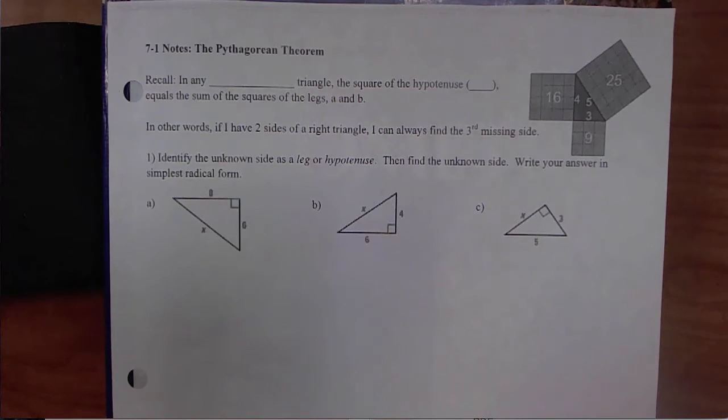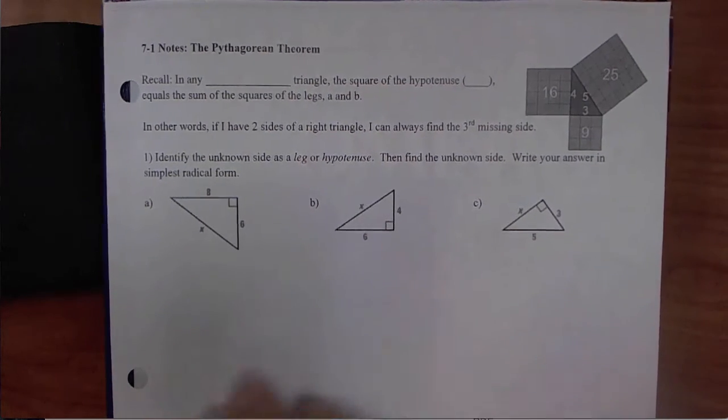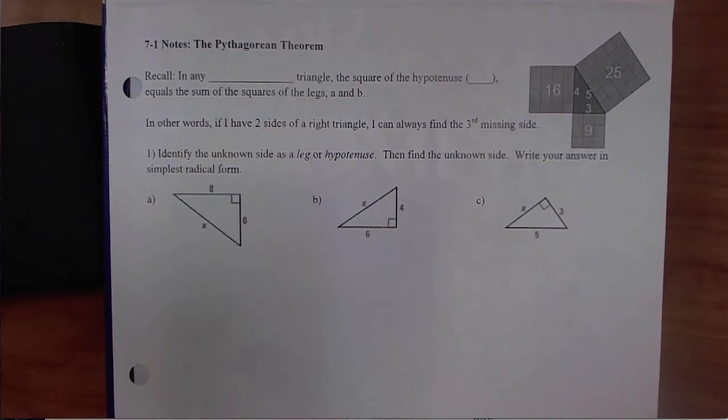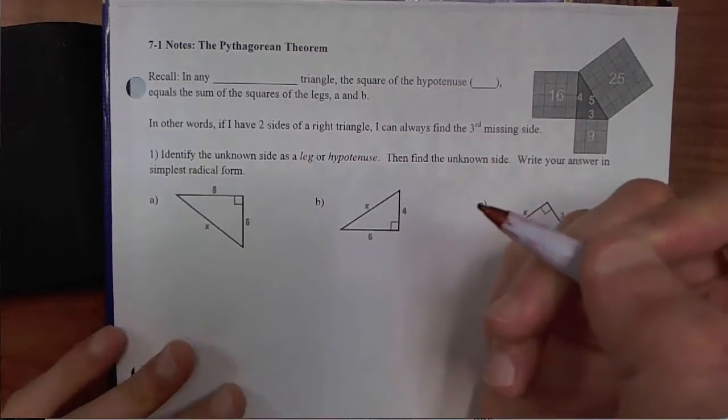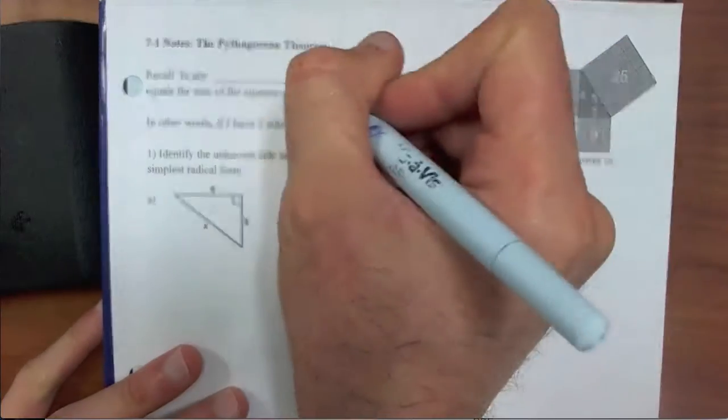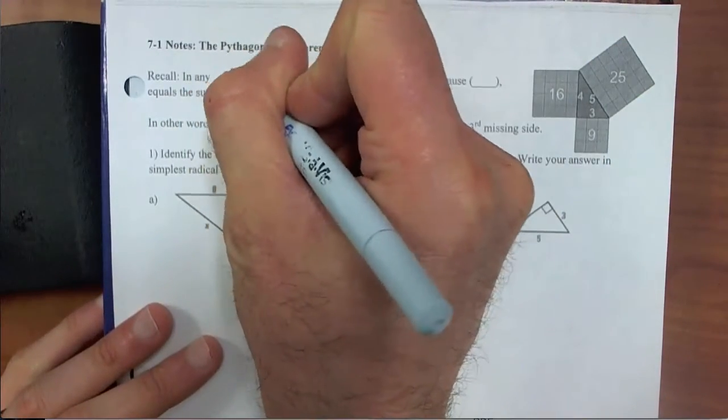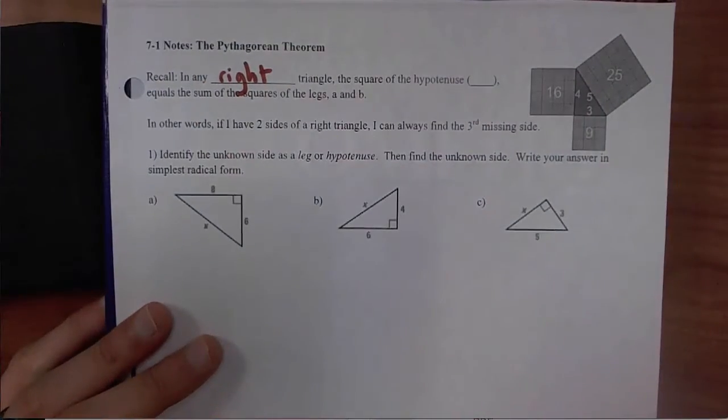So Chapter 7 is all about triangles and how to find missing parts, and this is one of the methods that we've seen hopefully before, but maybe we've forgotten how it works. So we're just going to run through the very basics right now since I'm not here, just to refresh your memory. Okay, so Pythagorean theorem is basically this idea that in any, not any triangle, in any right triangle, the